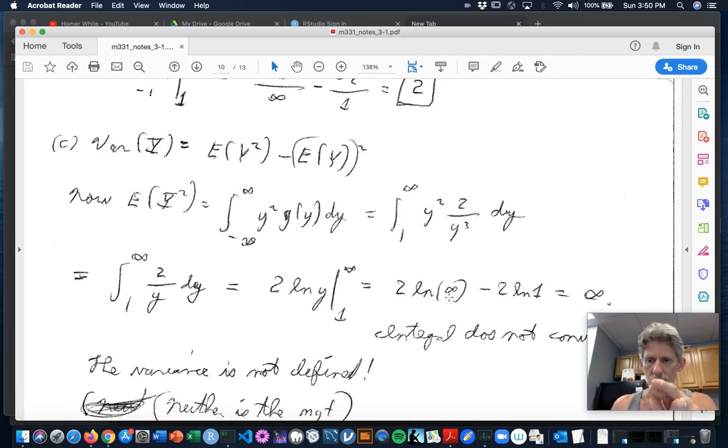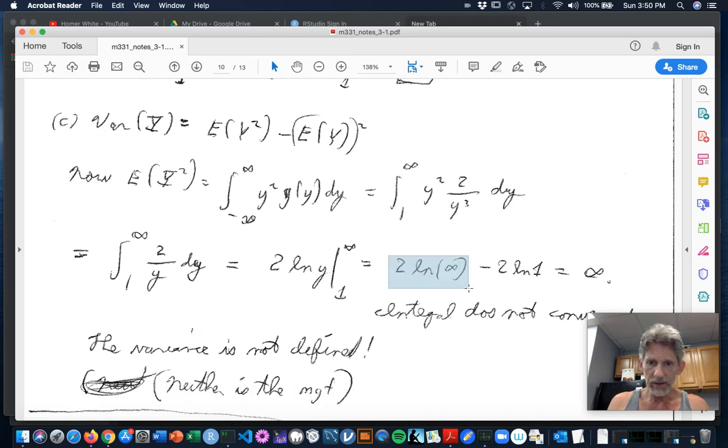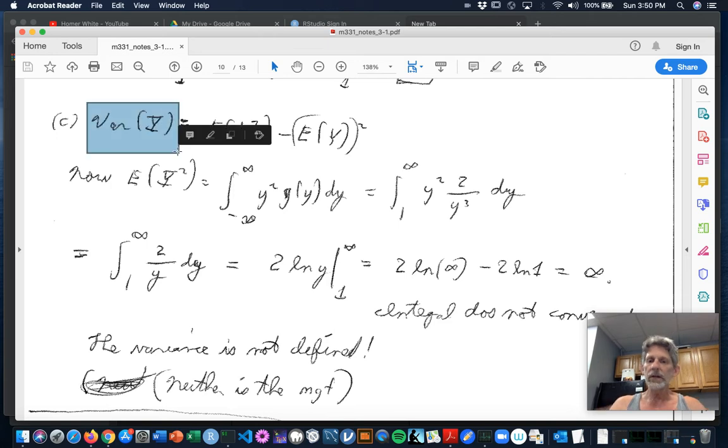It rises slowly, but it does go to infinity as the independent variable goes to infinity. So the expected value of y squared is this divergent improper integral. That means the variance is not going to be defined,